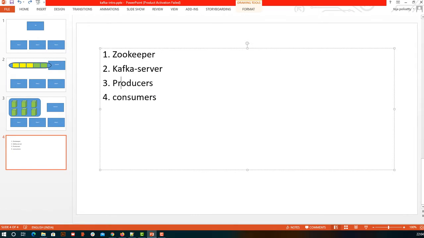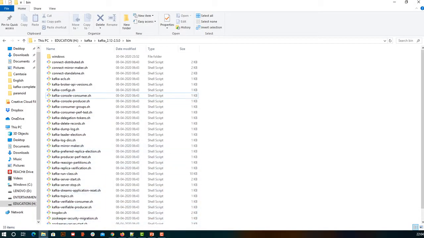The producer is going to produce something on a topic. So we are going to create a topic on the Kafka server, then we are going to produce and consume it. For this video we are going to produce one string and consume a string. We can produce in different formats, it might be a blob, XML, JSON, anything, but for now we'll consider only string.